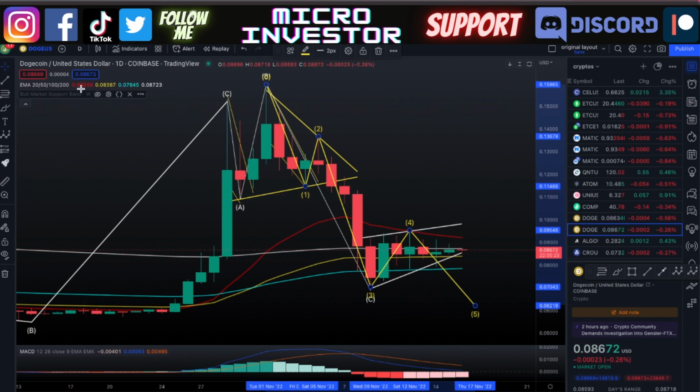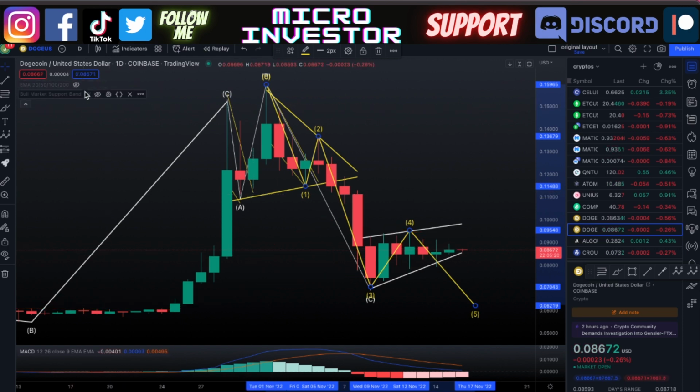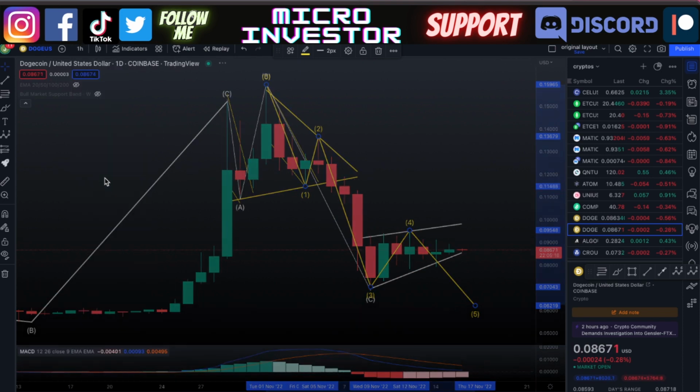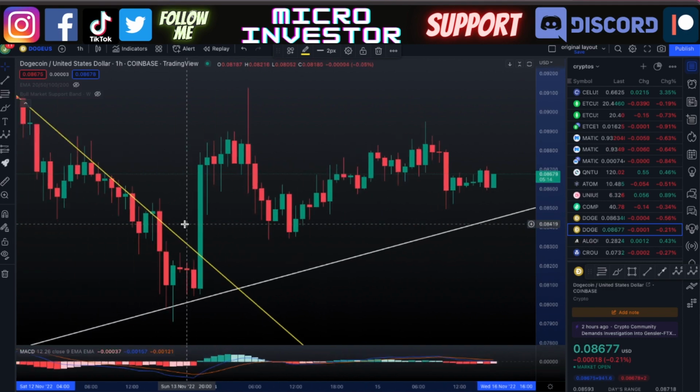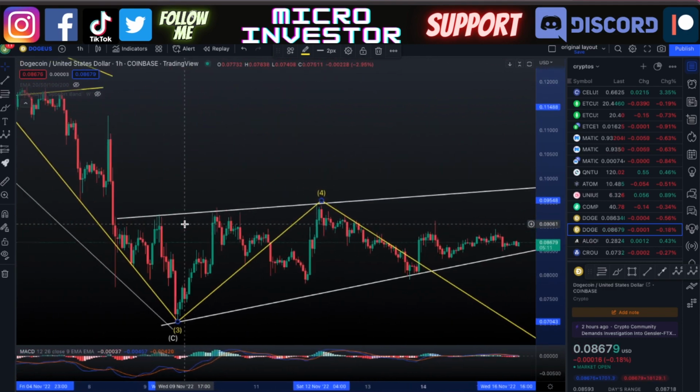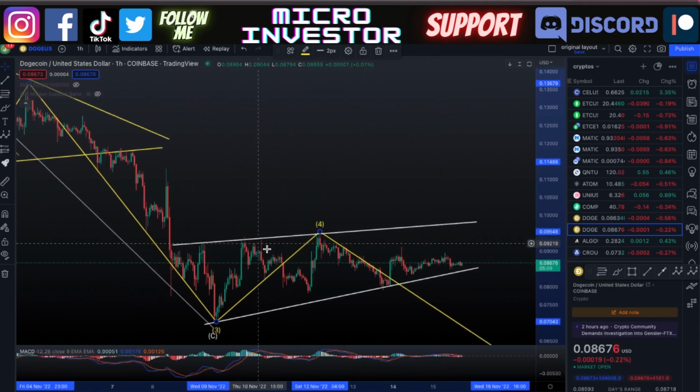But still, Dogecoin is doing much better than many of the other cryptocurrencies. Now I'm going to turn these moving averages off. Let's look at Dogecoin here on the hourly chart and get a good understanding of what we're looking at. So I was showing how we're within this wedge pattern here, and this extra consolidation that we have right here, this is what I'm concerned about at this moment, because the momentum that we were having could be given out. And that's where I'm fearful that we're going to see it fall out of this trend line and then come down if it can't make a move to the upside. So that's something that I'm thinking about.